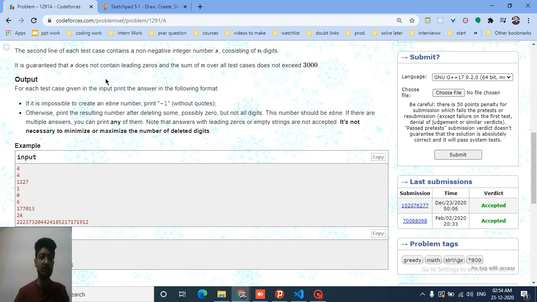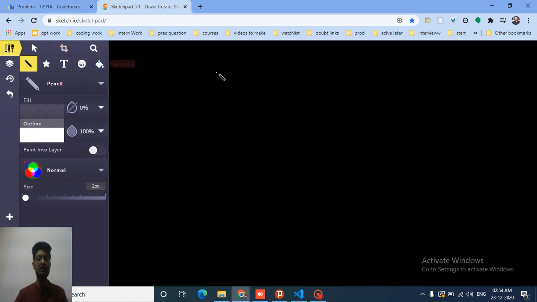Now let's write down some test cases, not code. If the number should be an odd number, then we have to guarantee that the string we have contains at least one odd digit, because if it doesn't contain odd digits, then the answer is obviously -1. If it is a whole string of even digits, how can you form a number which is odd? It's an even number by default. So the answer will be -1.